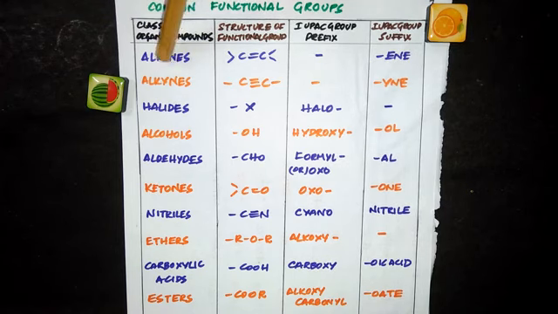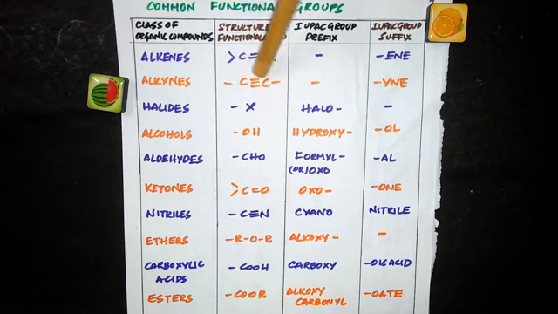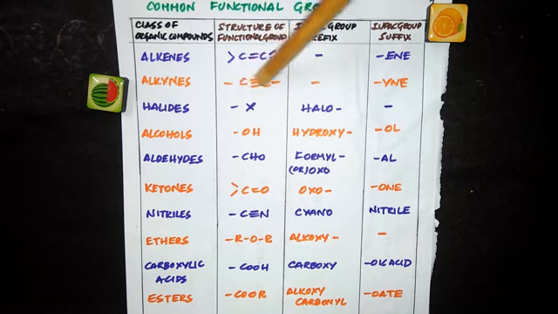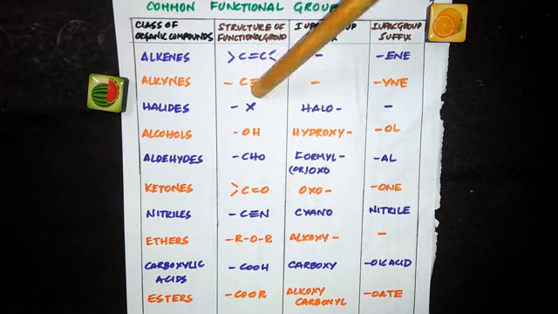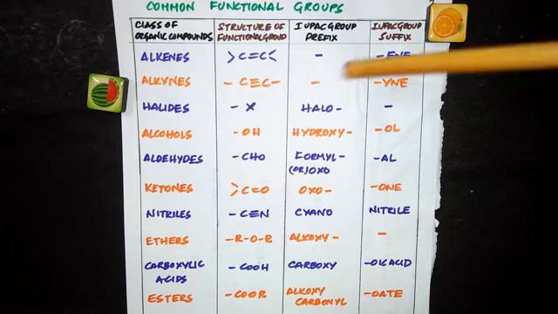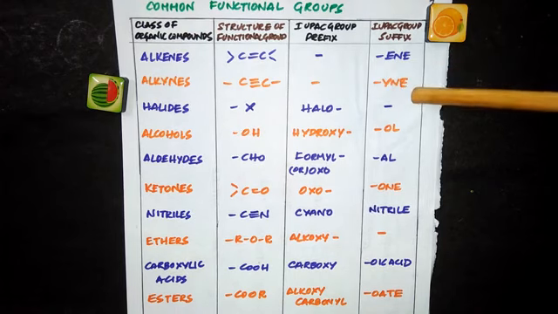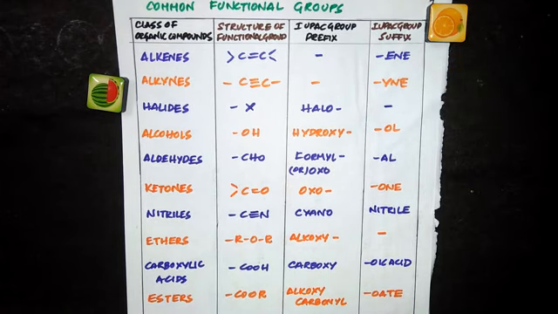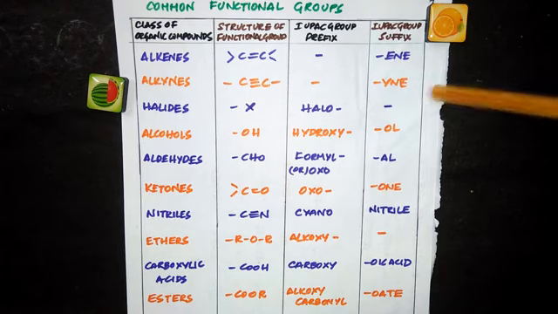Next comes alkynes. Alkynes, C triple bond C, is the functional group. The reason why I put two bonds here is that two more atoms can be bonded here, which means hydrogen. Here also two more. Here just one more hydrogen, because carbon and carbon are already bonded by a triple bond. So this functional group is called alkynes. Again, we don't have a prefix for alkyne. The suffix is -yne. So ethene, if there is a triple bond, will be called ethyne. Instead of -ene, we put -yne: ethyne.